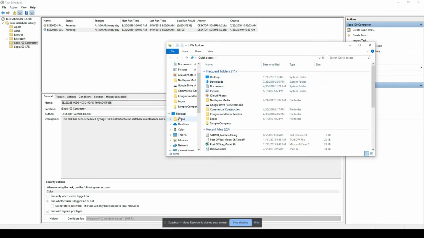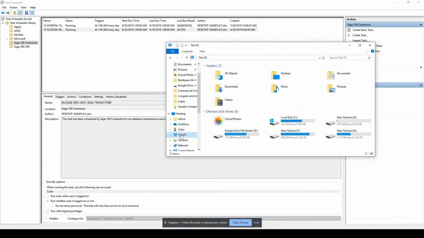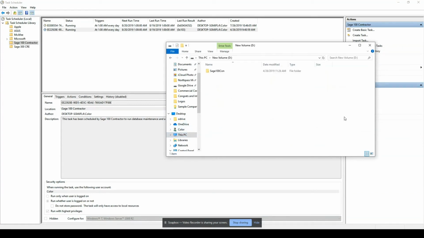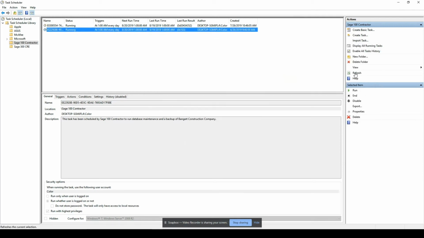So like I said, if you get a little bored, you want to see what it does on the back end side, you can go to your data drive, go to Sage 100 Contractor, go to my backups. Now you see my nightly backup says 10:50 on 8/19. And now you can see here, I've got two backups. And now if I go over here and refresh, they're ready. It says this operation was completed successfully. And now I've got my backups on task and on schedule.